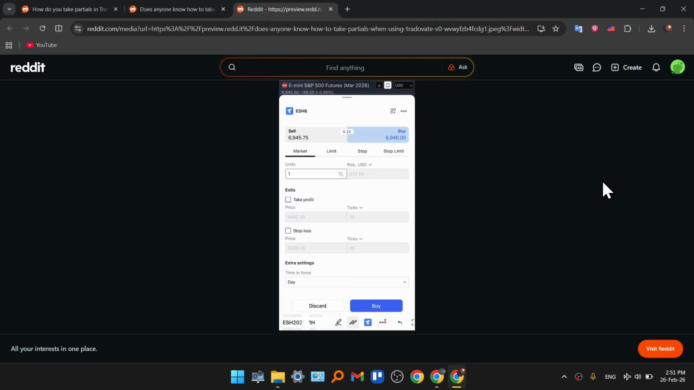You'll now see reduced contracts in your positions panel. So this is how you take partial profit in Tradovate: reduce position size, choose exit type, and confirm the order